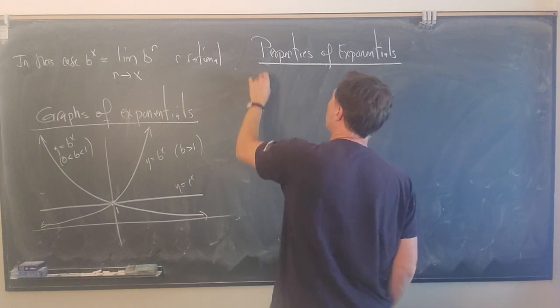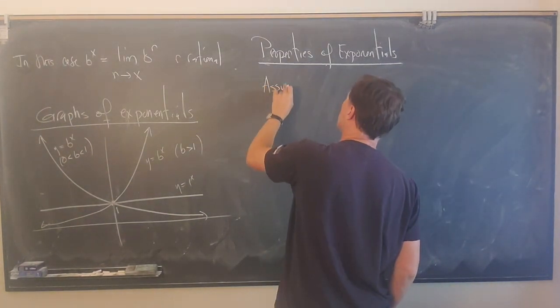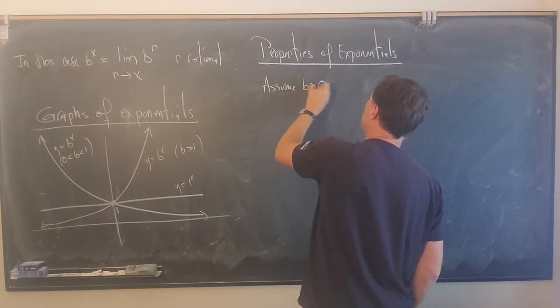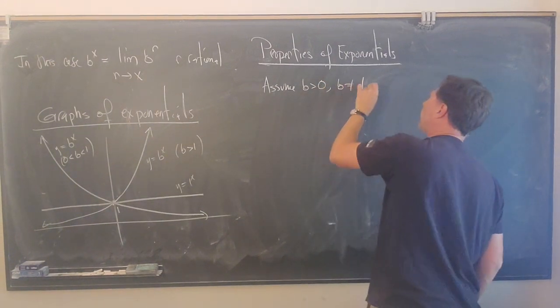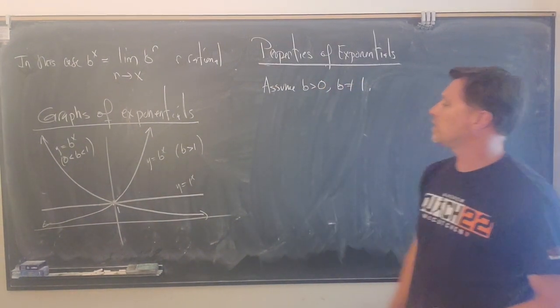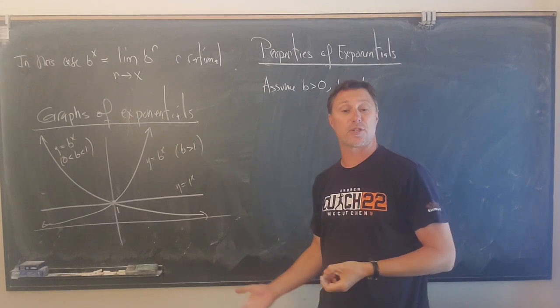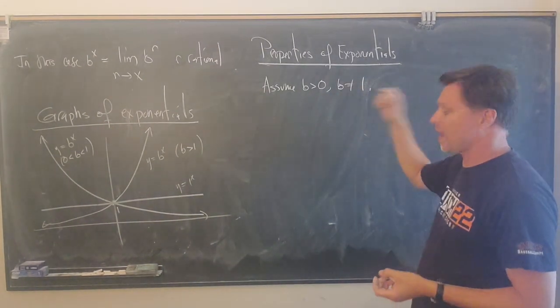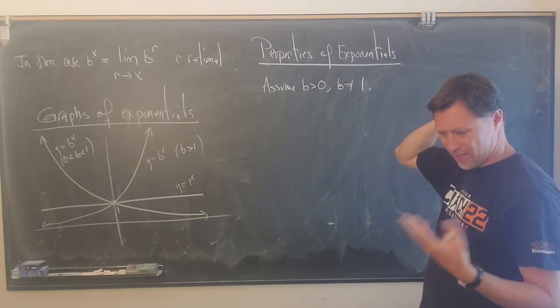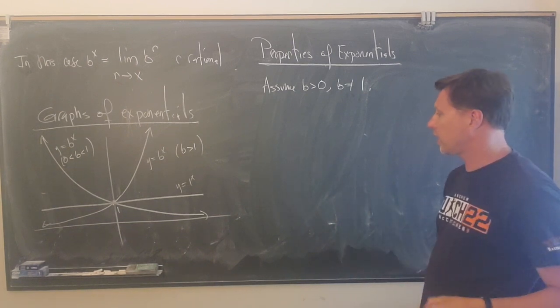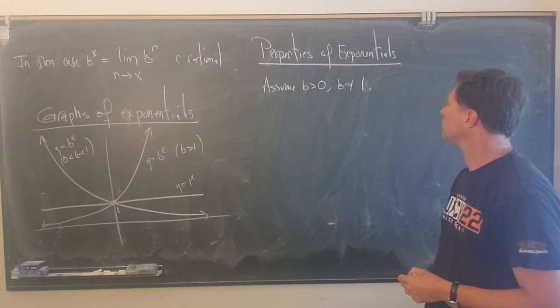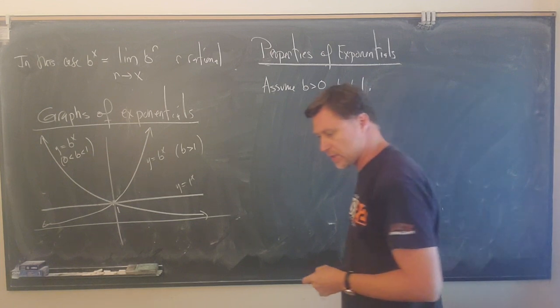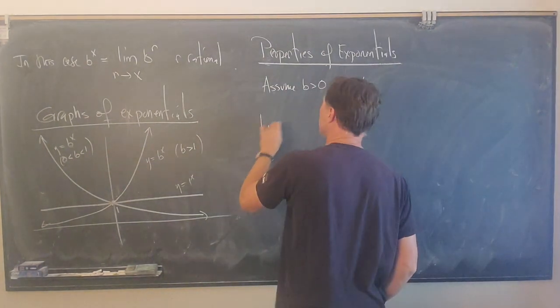So let's assume b is greater than 0, b not equal to 1. Most authors don't even consider this function 1 to the x to be an exponential function. So typically, you just say, let's not have b equal to 1. Right? 1 to the x is not an exponential function. It's really a linear function. Okay, so the properties that we have are, number 1,